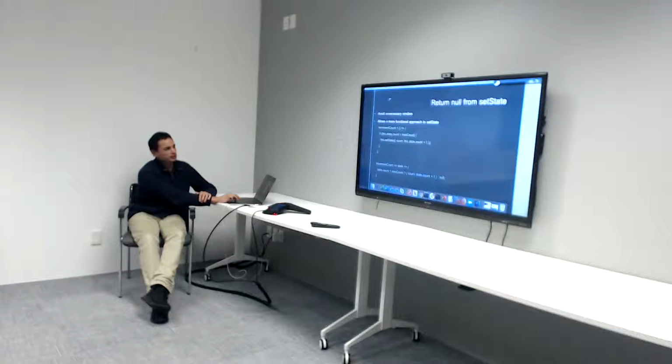So we're just checking if the count is less than max count, and if it is, then we're incrementing the state. Otherwise, we do nothing. What we can do instead is return back null, and what that means is that when we, unfortunately, you